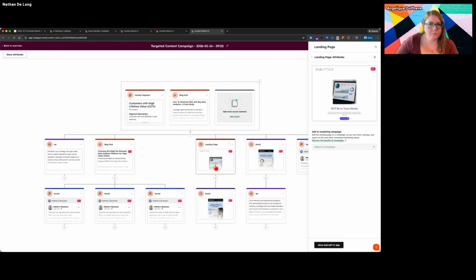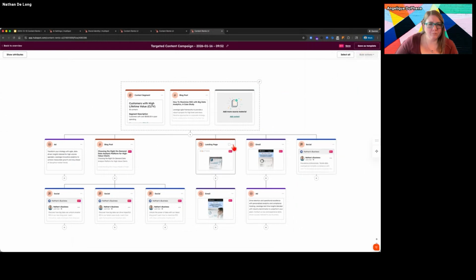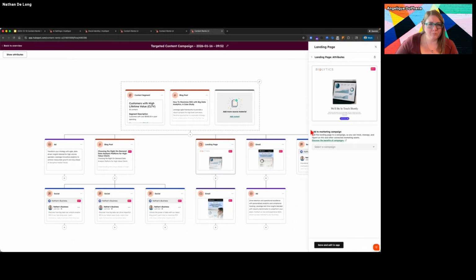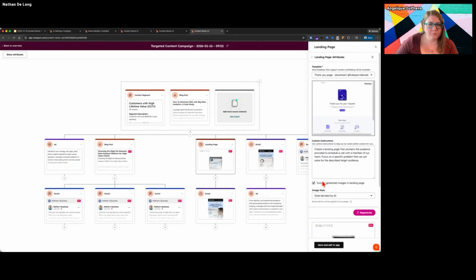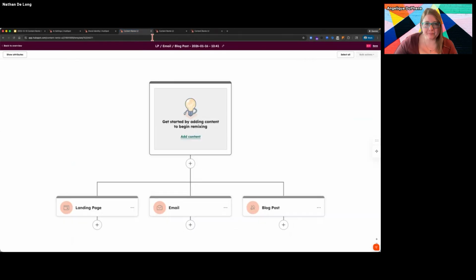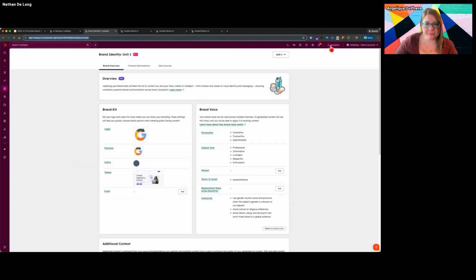Within each of these pieces of content too, we have the ability to include our own prompts here as well. So what kind of landing page should this be? Or what do I want this landing page to include? This is where it can sometimes be super helpful to leverage an LLM that you might be using, or if you need everything to be all just HubSpot, fine.